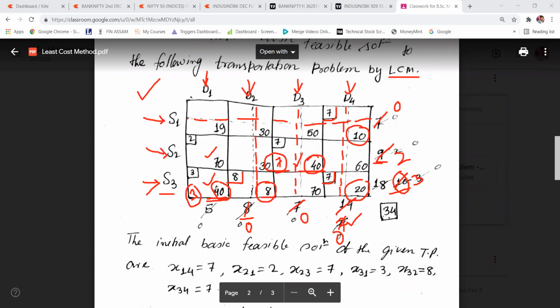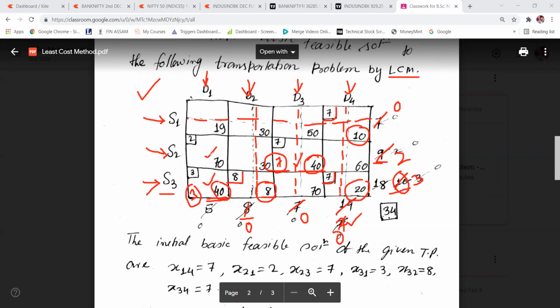The minimum is 40, here 70, here 40, because in the other cells we have already made some allocation or they have been struck out. Those cells don't have any use now. Only these two cells are left where there has been no allocation and which have not been crossed out.